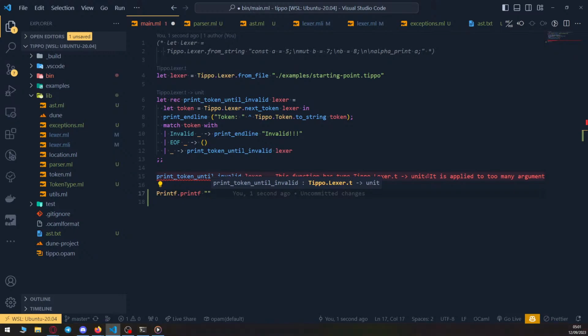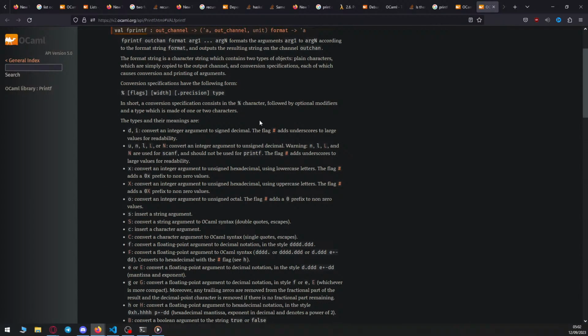Percentage of string. Percent F. What is the of course, even more. I don't mind. F. Oh, go and two flags. Percentage. So that's